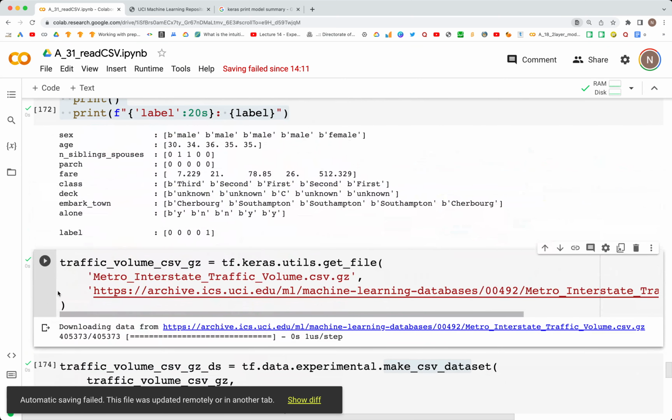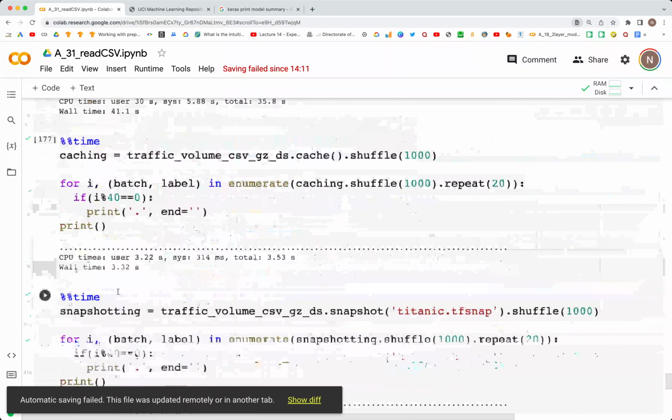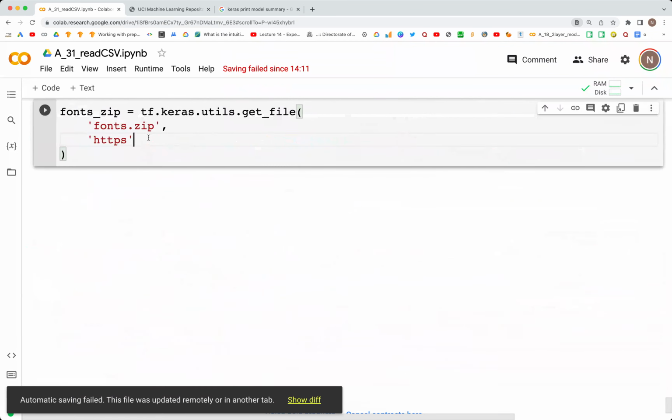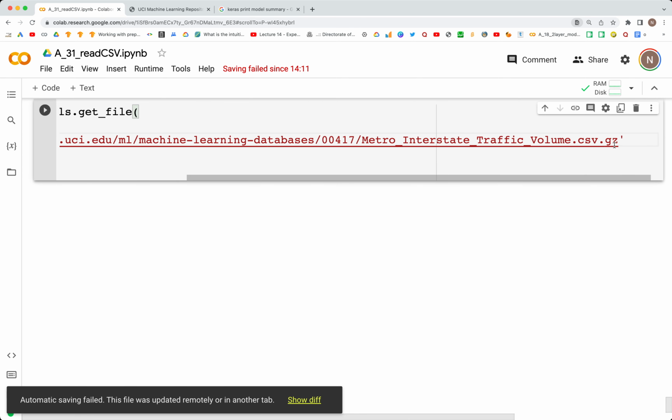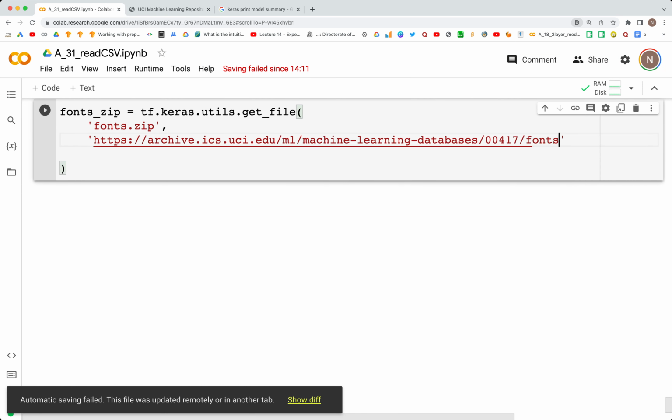So I'm going to copy this and paste it down below, right here. So we have the https archive ics uci edu ml machine learning repositories databases, and the number for this is 417, and the name of the file is simple, it's just fonts.zip. So remove that and type fonts.zip,